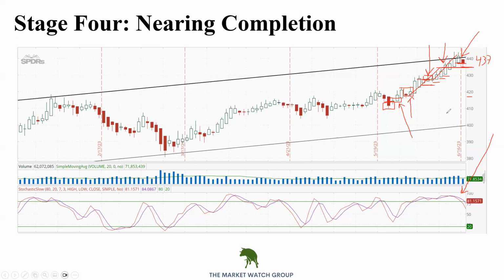Okay, now what? That's the trade. Then what do we do? Well, now it's the middle of June. What was my market posture in the middle of June? Still bullish. So at the end of this, my horse just ran the race and it won. What am I going to do? I'm going to feed it, rest it, and I'm going to look for this pattern here to repeat itself over here.